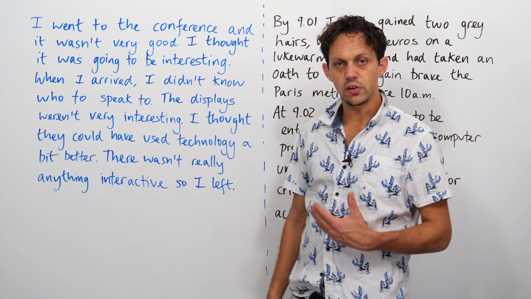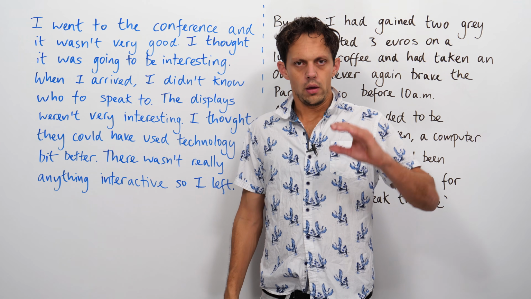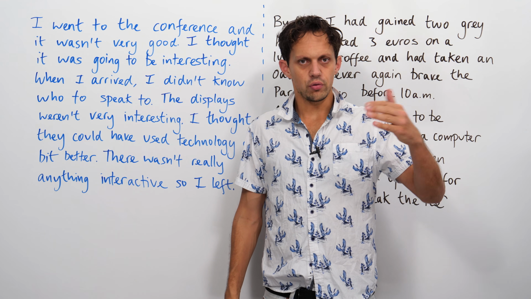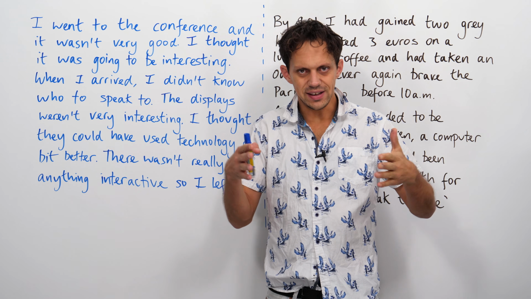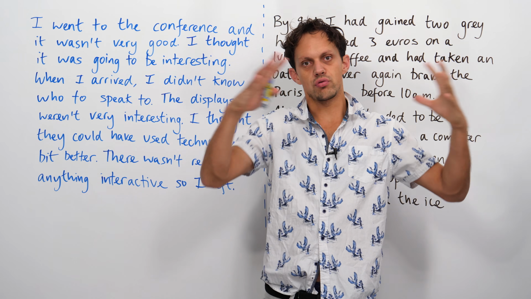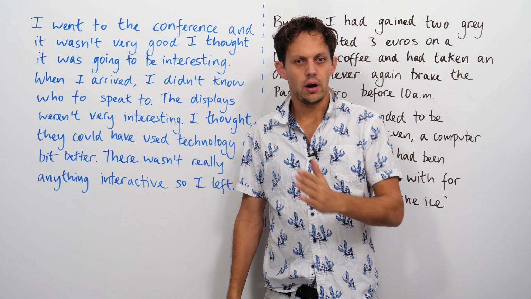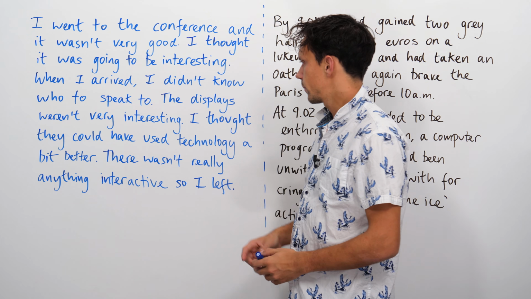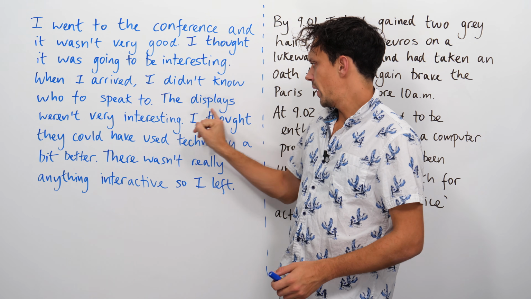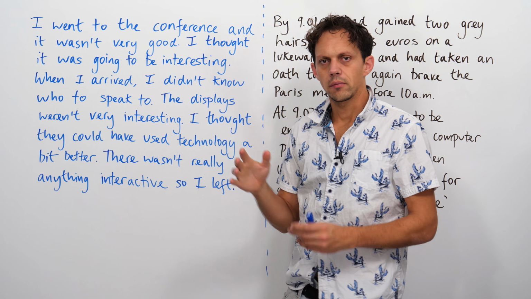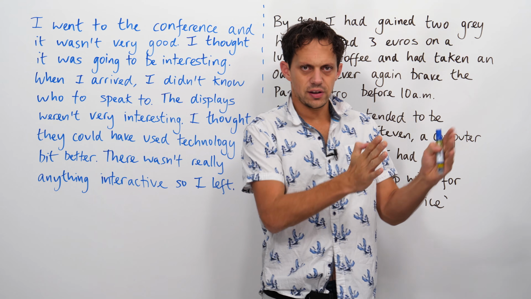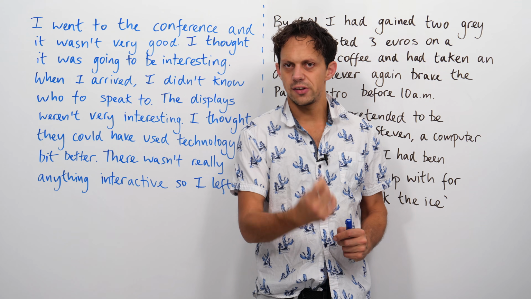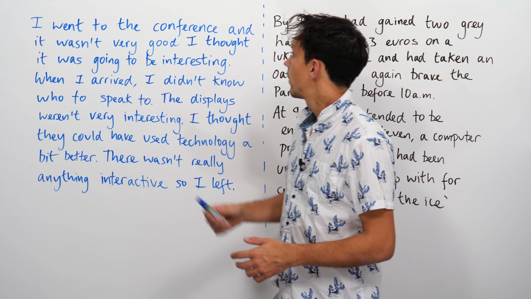Now, what the student is doing here is telling rather than showing. So they're just presenting information. They're not describing the information. I've got a separate video on how to do showing rather than telling. The displays weren't very interesting. Now, the rhythm of each sentence is exactly the same, because each sentence is the same sentence type.